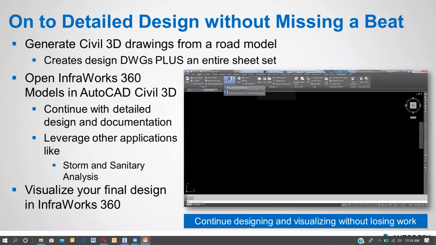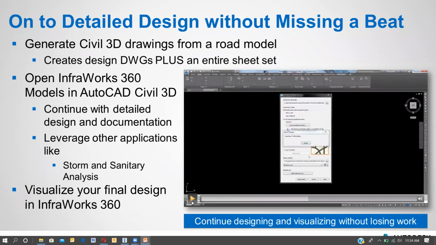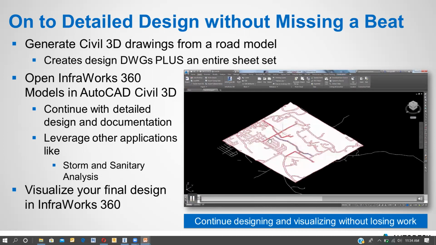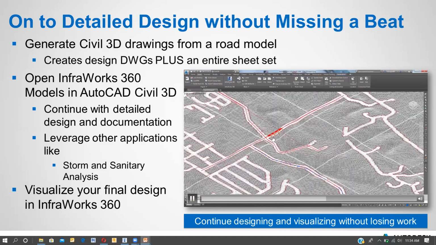Now I am opening the model. Before, we saw how to export the thing from InfraWorks and how to import it here in Civil 3D. Now we are directly opening the InfraWorks model from Civil 3D itself. Can you see here? If I zoom in this place, you'll be seeing the bridges which we have made there. This is the road which we have made there. These are the bridges with the piers and the abutments and the road lying over the piers.